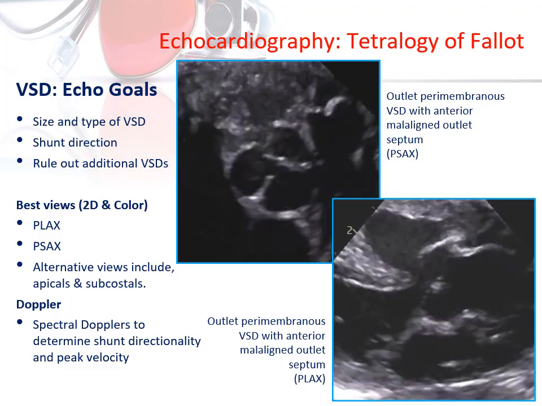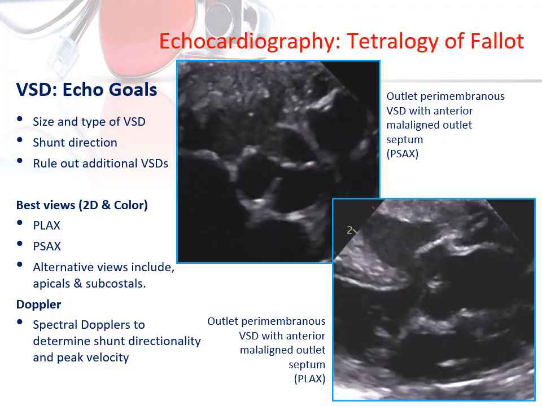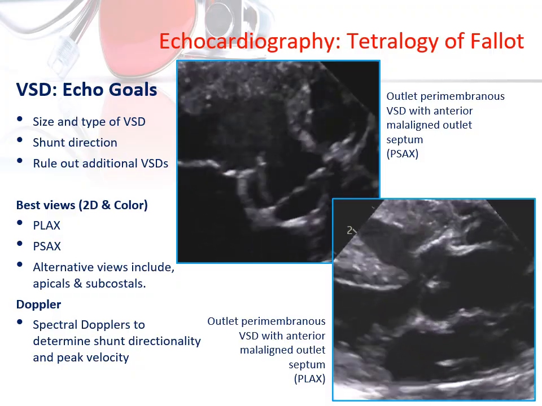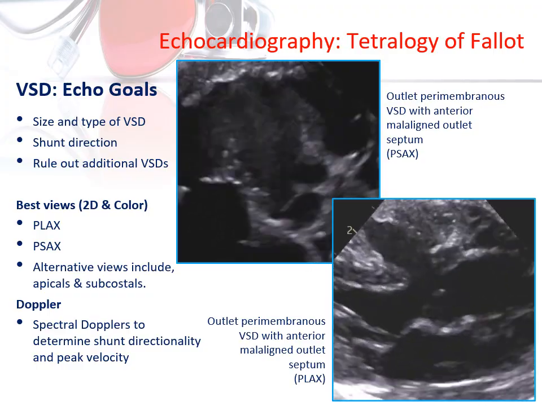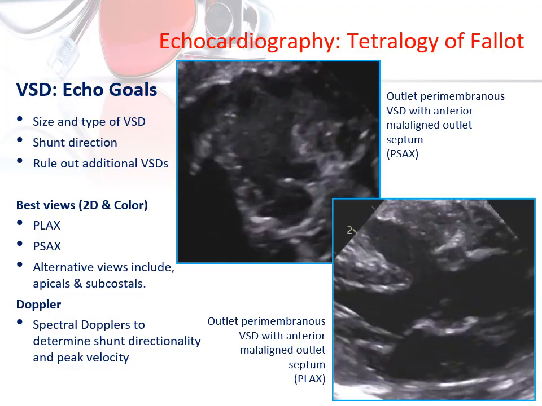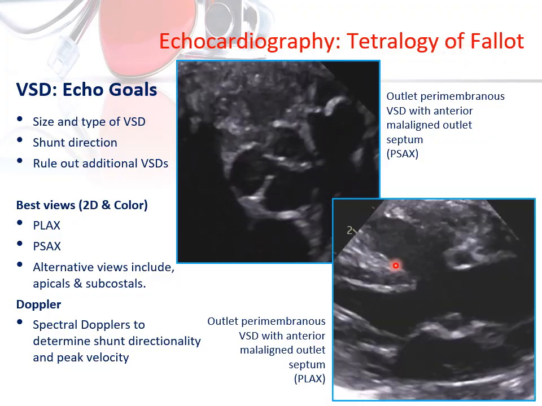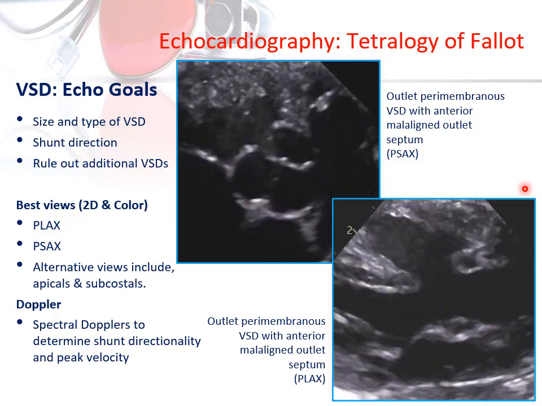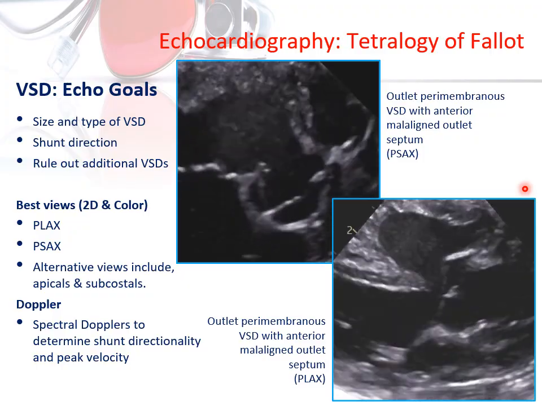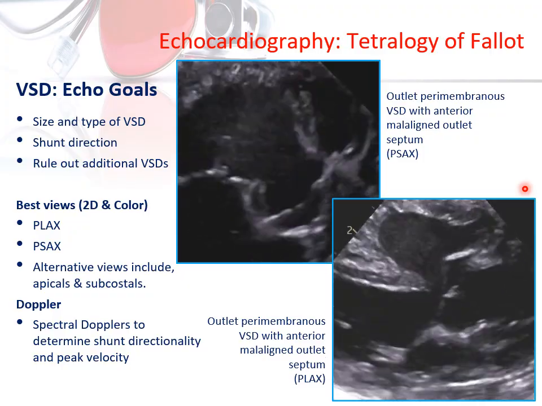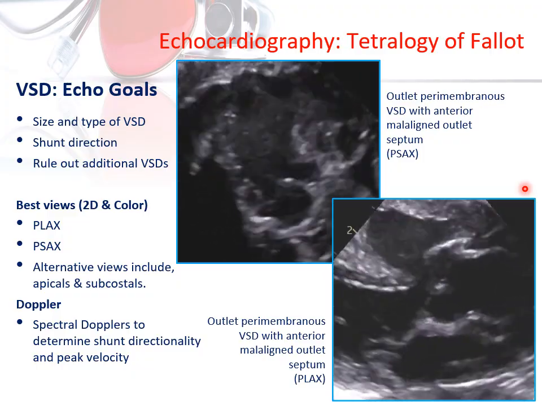You want to determine the size and type of the VSD, the shunt direction, and rule out additional VSDs. Real quick on that. Anytime you have an unrestricted VSD, blood is always going to go to the path of least resistance, so most of the blood cells are going to go out that large unrestricted VSD, such as we see right here and right here. However, there may still be additional VSDs that are restrictive, so after your initial sweep, lower your Nyquist way down, maybe into the 30s or 40s, and do an additional ventricular septal sweep, and that may bring out those additional VSDs,